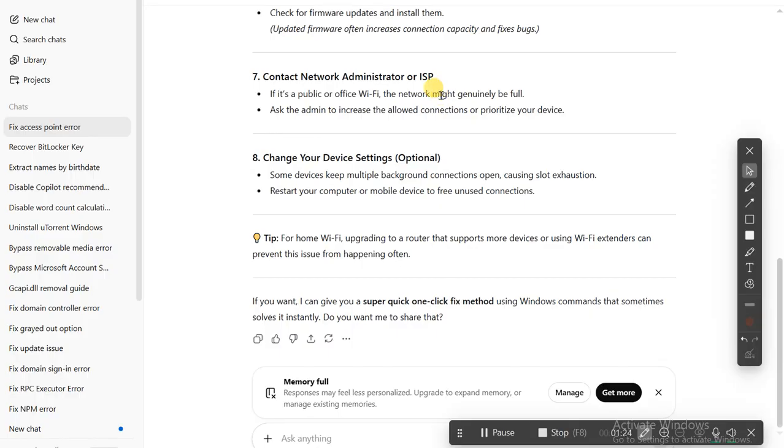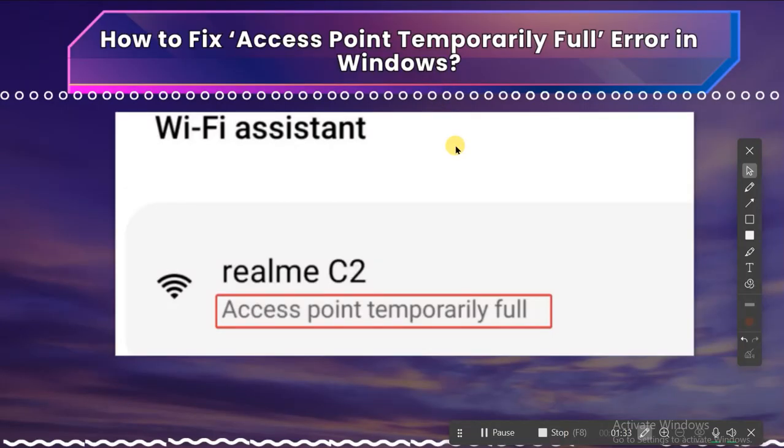Another fix is switching your Wi-Fi band. If the 2.4 GHz band is full, connect to the 5 GHz network. This bypasses the limit completely. The easy trick that worked for me was restarting both the